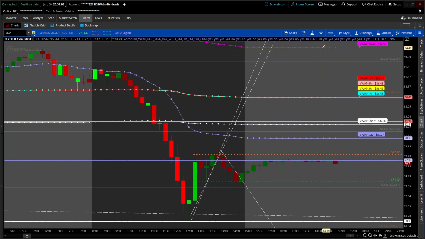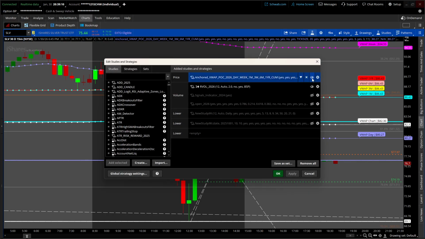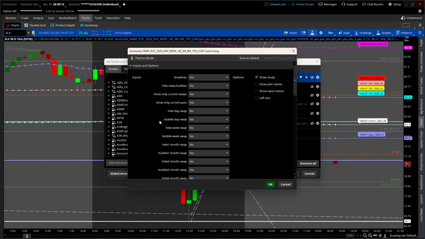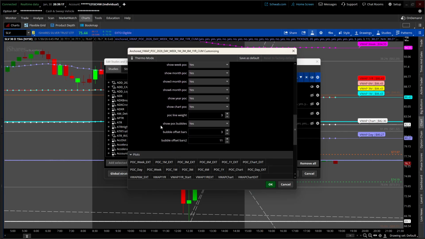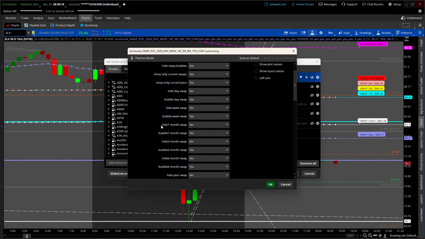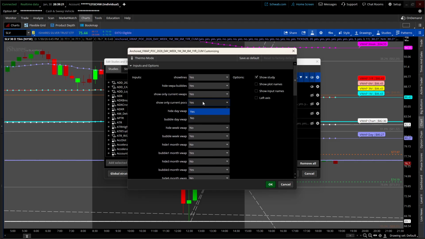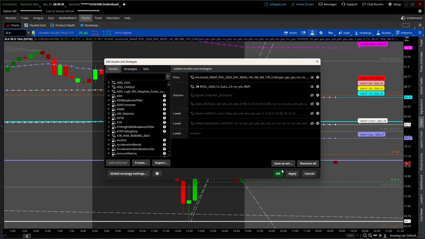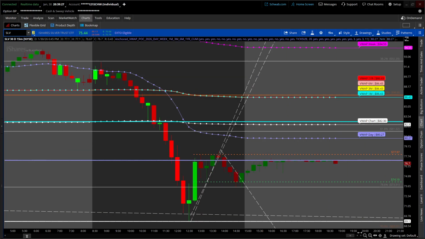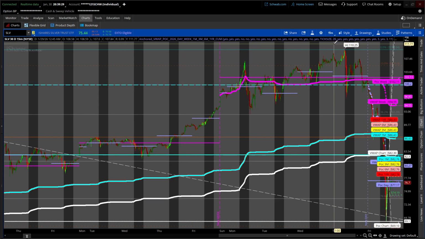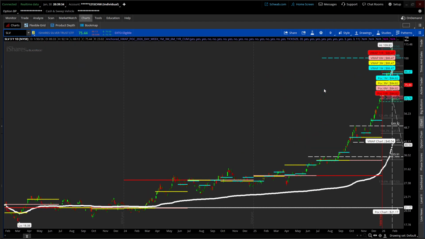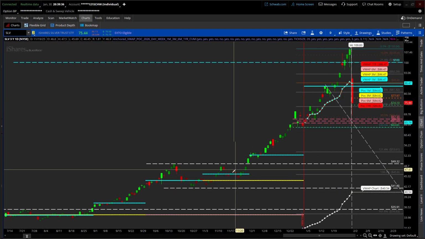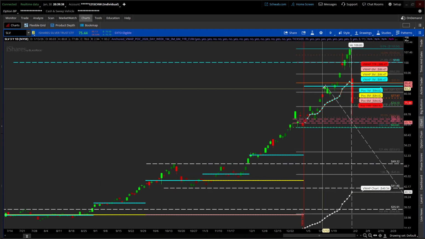Some of the other features of this indicator is you can go in there and cut off any of the VWAPs or any of the point of controls that you don't want to be shown. You can say I only want to look at the VWAPs, or I only want to look at the current point of controls, or I want to look at all the historical VWAPs. So let me go out. Now we can see all the historical points of control,